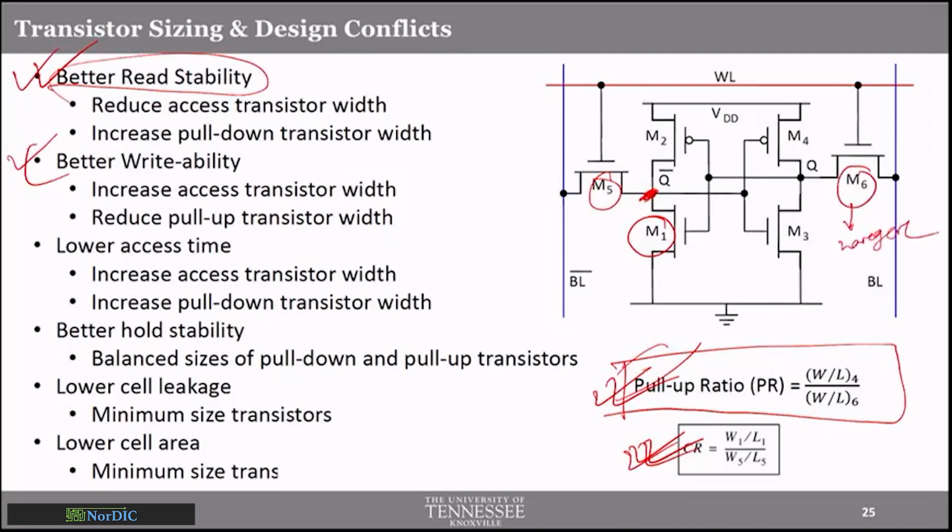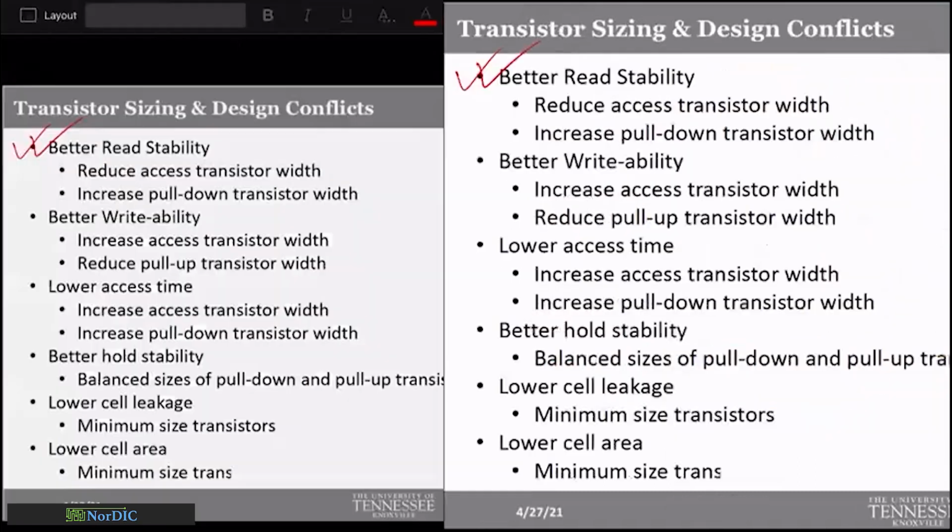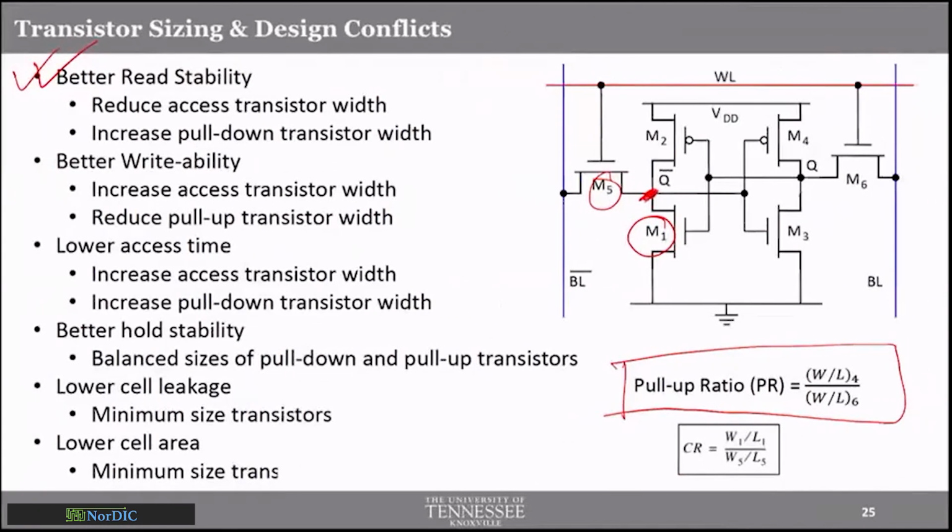Okay, let me write it here. That will be easier. M4 should be smaller or weaker, right? So M6 needs to be larger. Just notice the term. For the other one, between M1 and M6,